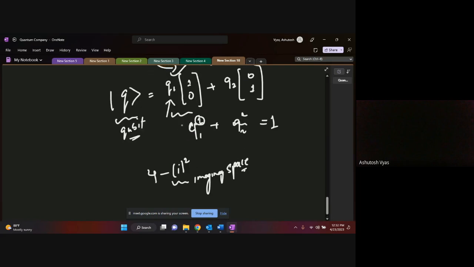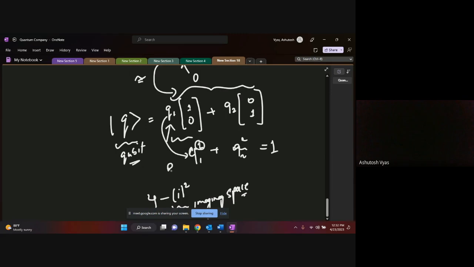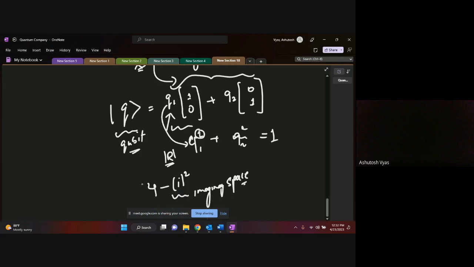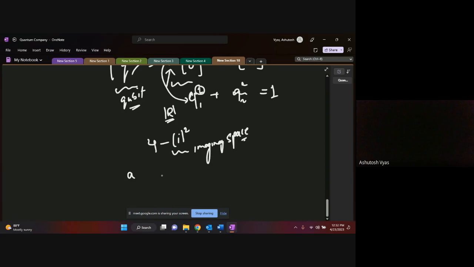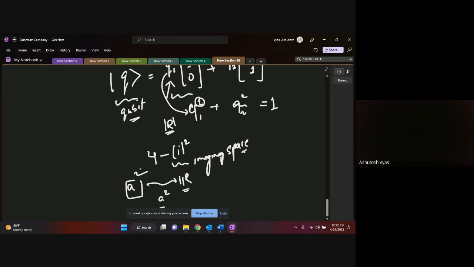Because I'm using a square, and I know that the square of this has to be a real number, because that's a probability, and probability cannot be imaginary. So I'm saying that okay, let me take a as an imaginary number. I will do all the mathematics in such a fashion that the moment you square it, you will fall under a real space. But till that point, till this property follows, I'm okay to use imaginary values also. Yes or no? Yes, sir.